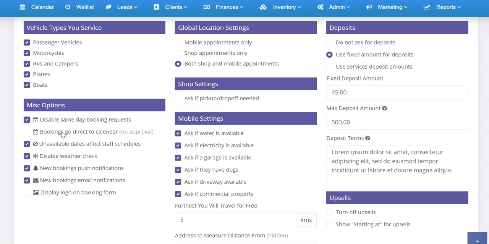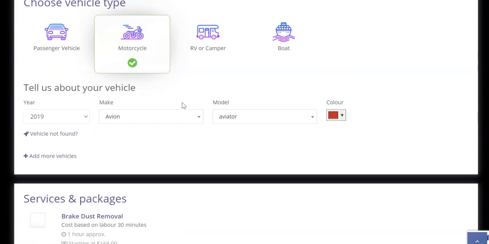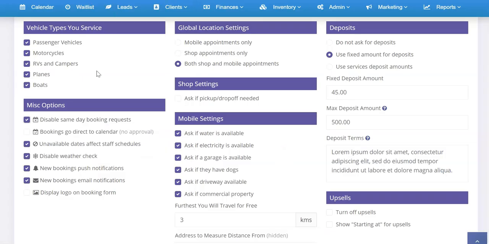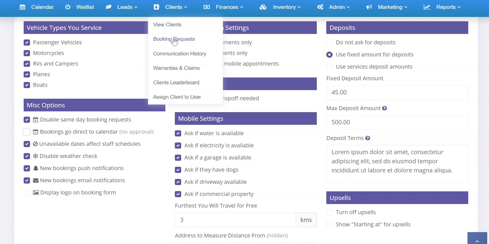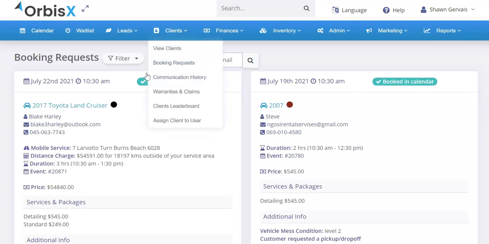Next is bookings go direct to calendar with no approval needed. So if you want a booking request, meaning that someone fills out this form and you want it to actually create an appointment automatically in your calendar, then that's the option that you want to check. If you want to review booking requests before they go in, leave that unchecked, and then what will happen is you're gonna get a notice. You're gonna get a notice depending on your settings down here,